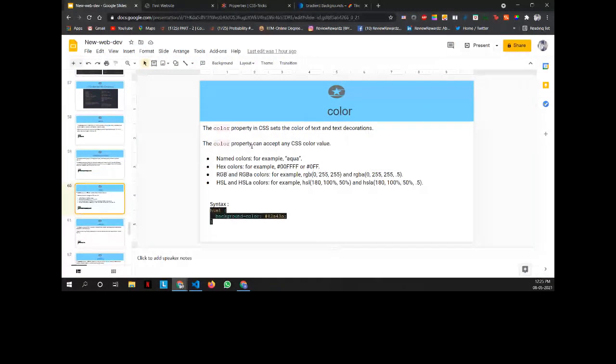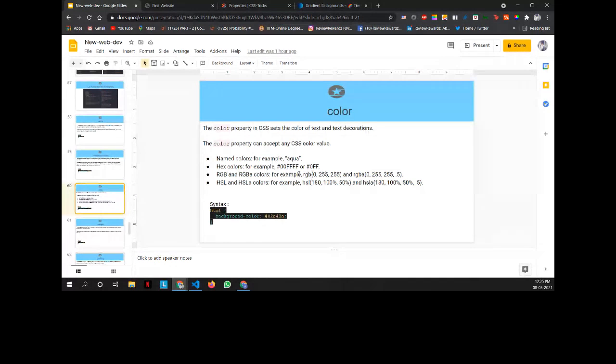Even if you are all well versed with the color property, it gives color to the text and the text decorations inside any tag. We can either use a hex code, or we can use the named colors given by HTML. You can also add RGB, like if you are well versed with art, you have the red, green, blue spectrum, where you can extract any color using the red, green, and blue colors. All the RGB keys and hex codes are available on the net.